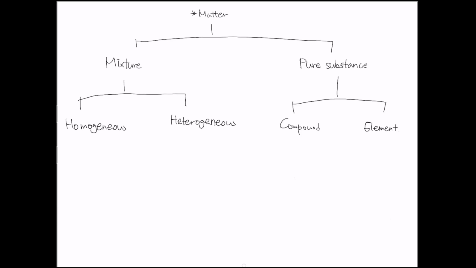Pure substance, we have 2 different types of a pure substance. One is the compound and the other one is the element. Let's talk about element first. So element is something composed of one type. For example, gold. In chemistry, we're going to use Au for the gold. Sodium. Anything that you can see in the periodic table, we're going to talk about the periodic table later on, but if you're familiar with the periodic table, anything that you see in the periodic table are elements. So that's a pure substance. It's not mixed with anything. It's just solely one type of substance.